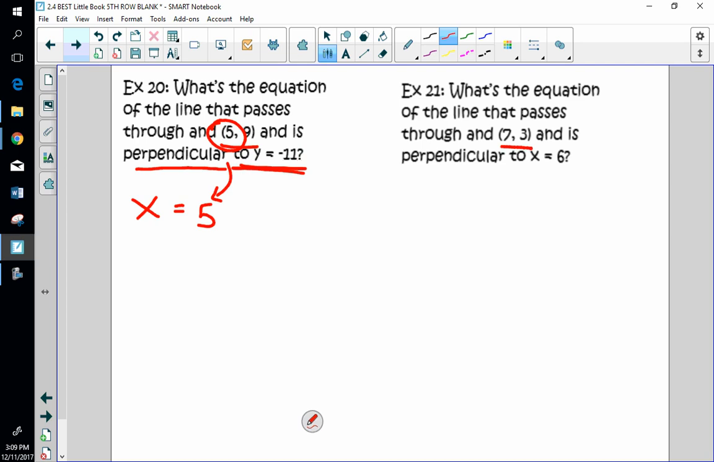The last one, I want the equation of a line that passes through 7, 3, and it's perpendicular to x equals 6. Well, if it's perpendicular to an x equals, it must be a y equals. And how do I get the number? I look to my y-coordinate. It's y equals 3. Remember, horizontal and vertical lines are